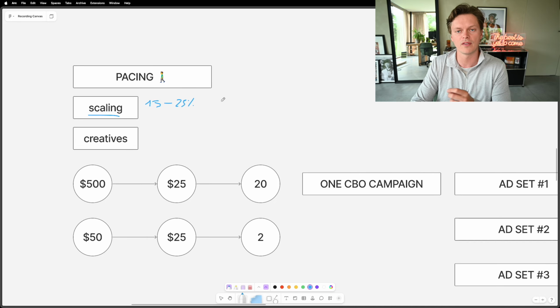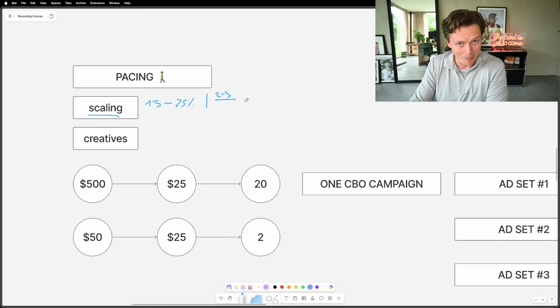So increase 15 to 25% on each go, every time you have established that your learnings did not break the account. Mostly this will be 2-3 days, when your ads return to active and exit the learning phase because they have enough conversions attributed to them. If you are running small budgets, you can already feel where this is going. If you increase 20%, let's say 20,